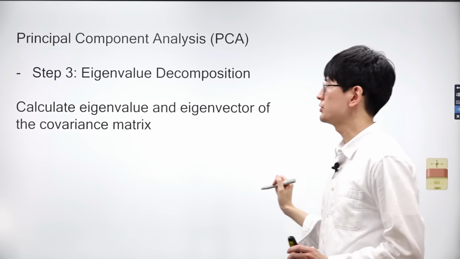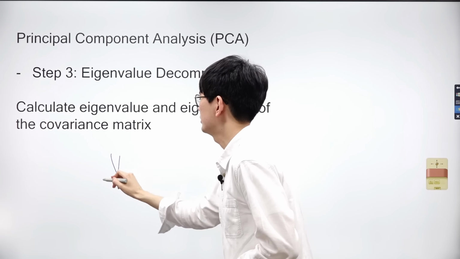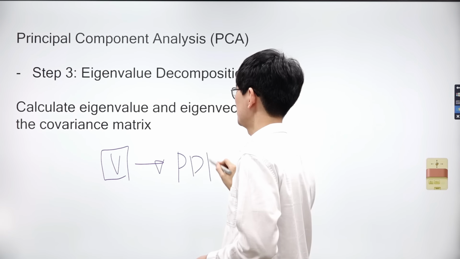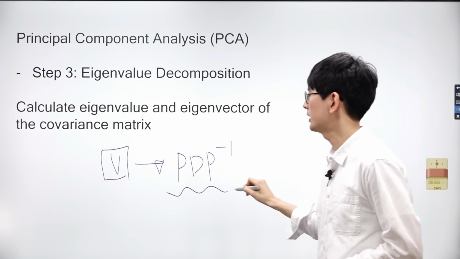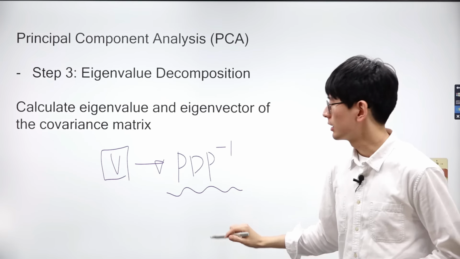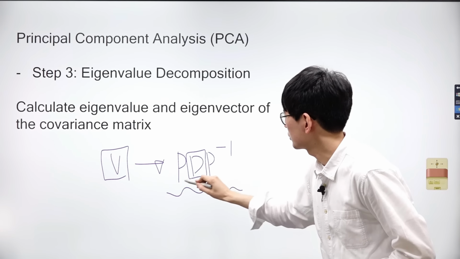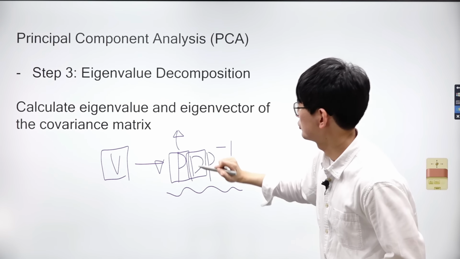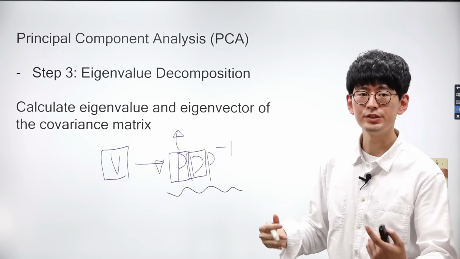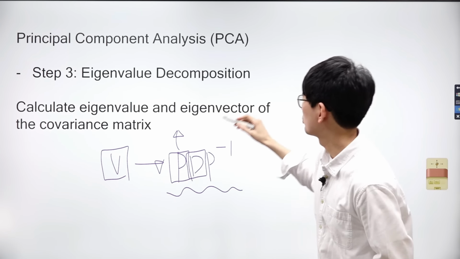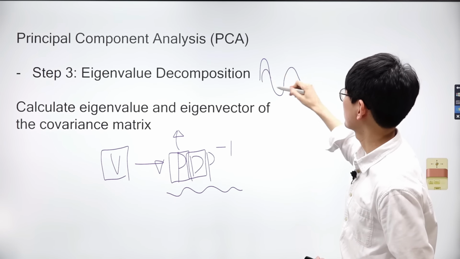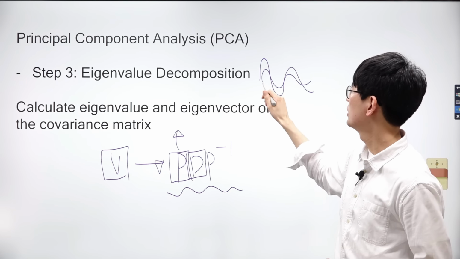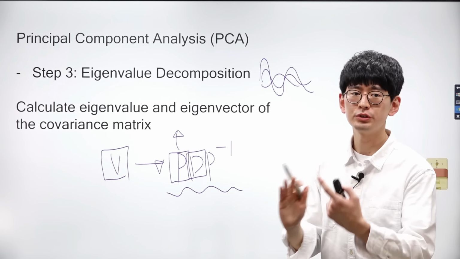Suppose we have a covariance matrix V. After we find the eigenvalues and eigenvectors of this matrix, we can decompose it using matrix diagonalization. In the matrices P and D, which contain the eigenvectors and eigenvalues respectively, we can find information about the variances of the data, since the covariance matrix shows how data relate to each other. As mentioned earlier, we can identify pairs of data that exhibit similar patterns using the covariance matrix.